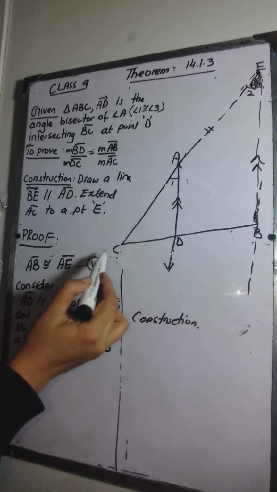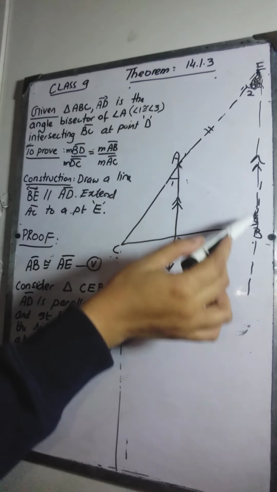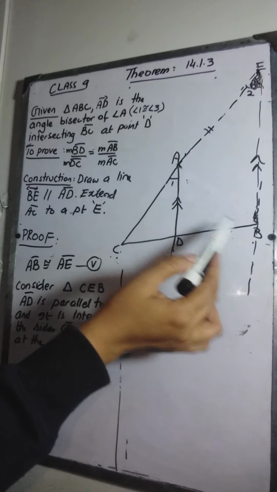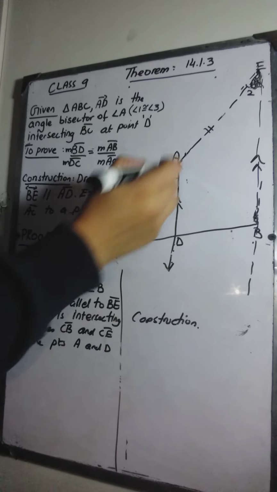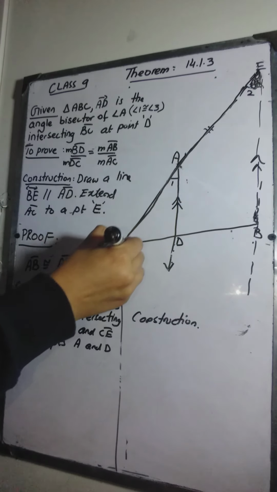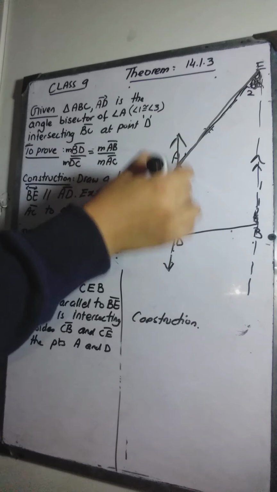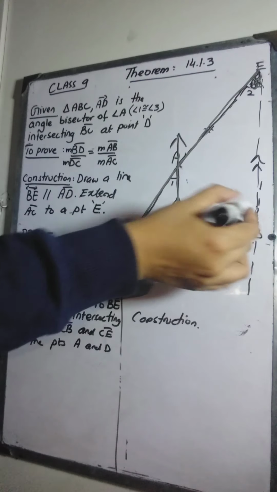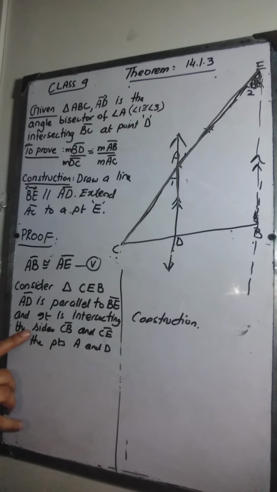Okay, we have triangle CBE and this is the line AD which is parallel to the third side of the triangle, and it is intersecting the sides CB and CE at A and D. Okay, so we have this triangle. This is a line which is parallel to the third side of the triangle and it is intersecting these two sides. Okay, so from theorem 14.1.1, which I discussed in the beginning of this lecture,